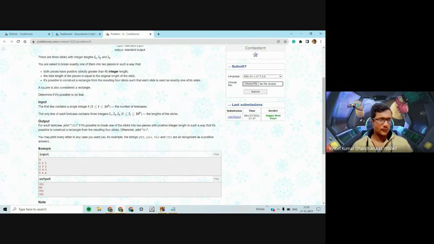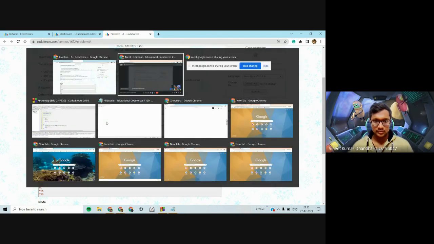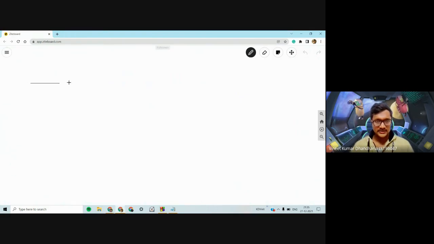So I hope the question is clear. A square is also considered a rectangle. So you are given the 3 lengths. The basic idea is you just brute force over the stick which you will break, and say suppose we have 3 sticks of length L1, L2, and L3.